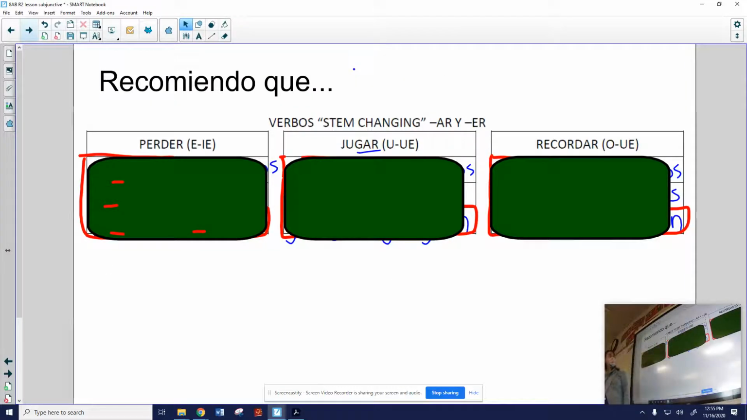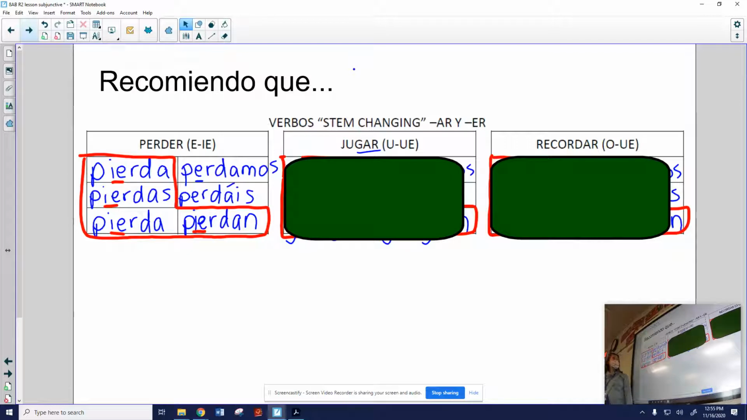Stem changing verbs that are AR verbs and ER verbs are irregular in the subjunctive mood because if we follow the rule, go to yo, drop the O, add the opposite ending, the yo form has a stem change in that. So perder means to lose. It's an E to IE stem changer. The yo form of the present tense is pierdo, I lose. We drop that O and change to the opposite ending. So we have pierda, pierdas, pierda,